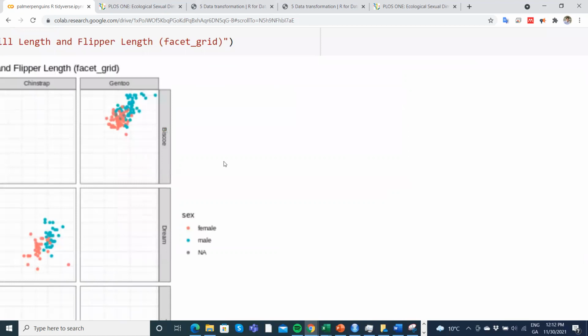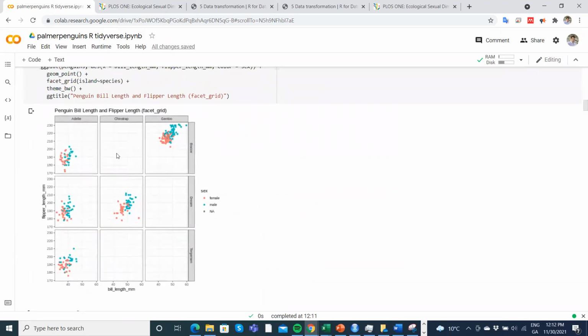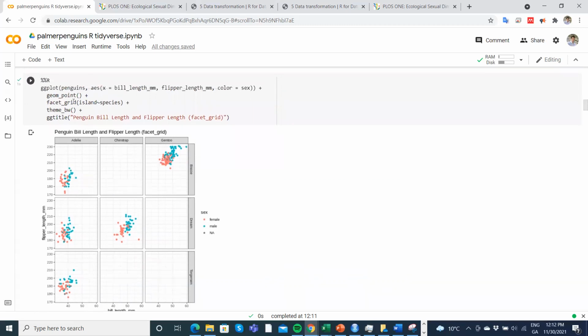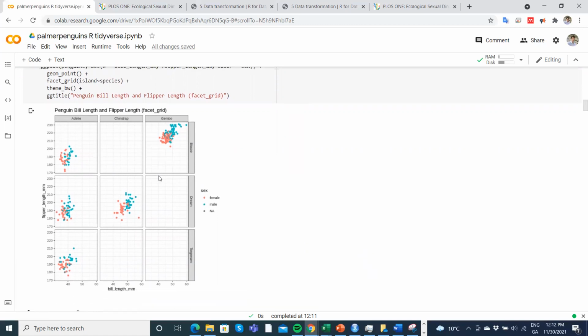if we use this output here, this graph from ggplot2, we can see we have 3 different penguins on 3 different islands, and we can segment then for male, female, and there were a couple that weren't identified. But we see a kind of interesting clustering going on in our data, and we're able to demonstrate that using facet grid from ggplot2. And you sort of get the sense that